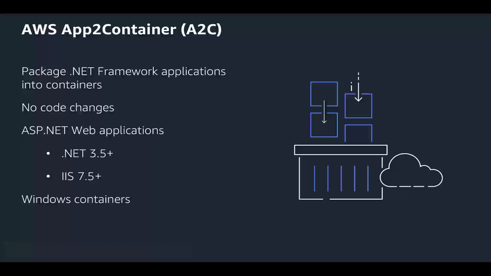In these cases, you can use AWS App2Container, or A2C, to package up these .NET Framework applications into containers, so you can deploy them on a modernized infrastructure even when you can't update the code. A2C is a new command line tool that helps transform existing applications into containers without needing any code changes. A2C discovers applications running on a server, identifies dependencies, and generates artifacts so that you can seamlessly deploy the application as a container on AWS.